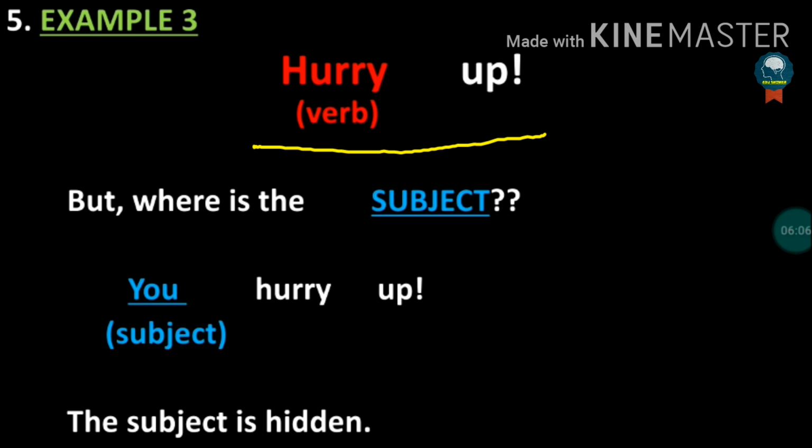And in this sentence, we do not have to add any more words in order to express any complete thought. The subject and the verb are alone giving us the complete information of the sentence. By reading only hurry up, we get the information that a person is telling some other person to be quick.